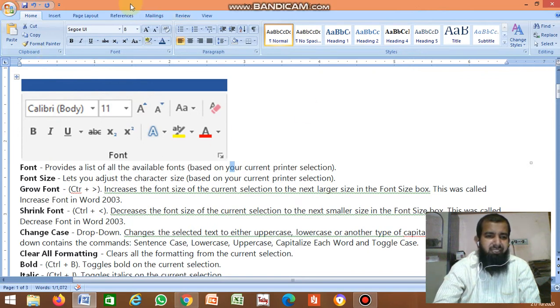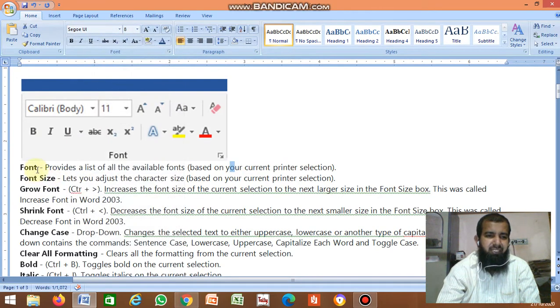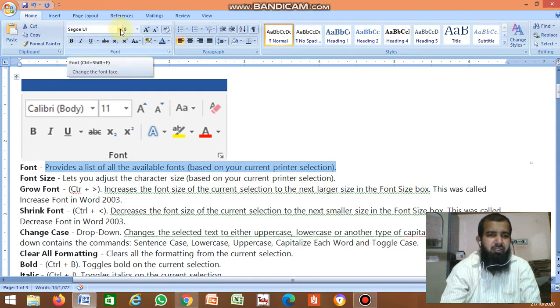The first command in the font group is font. It provides a list of all the available fonts based on your current pointer selection. It contains many fonts here. What you have to do is just select the text, then click on this drop down menu.